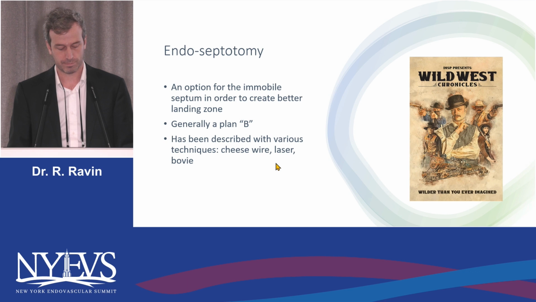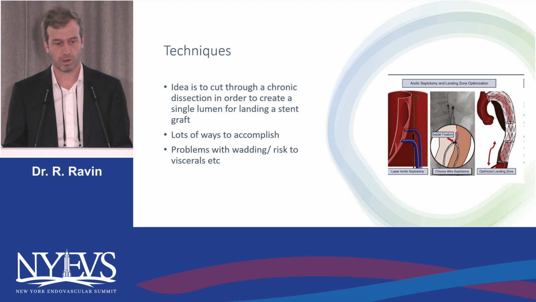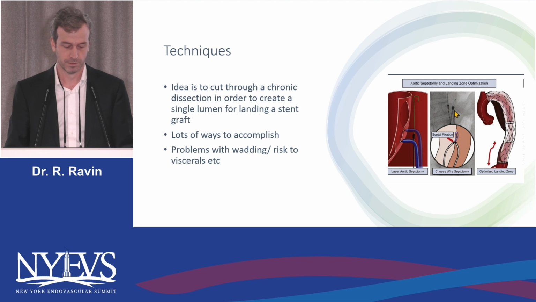This has been described, as I said, just with a plain wire on both sides of the septum. It's been described using laser atherectomy devices off-label to actually cut through the septum. And most recently at the Eastern Vascular meeting, someone presented where they did a standard cheese wire septotomy, where you have wire on both sides of the septum, and instead of just pulling down, they actually hooked up that wire to the source of a bovie cautery and basically cauterized through the septum,